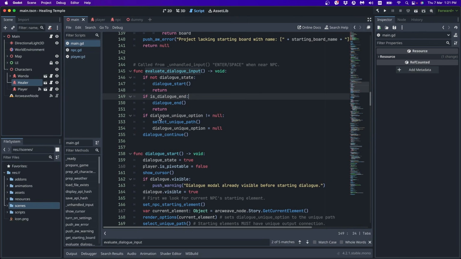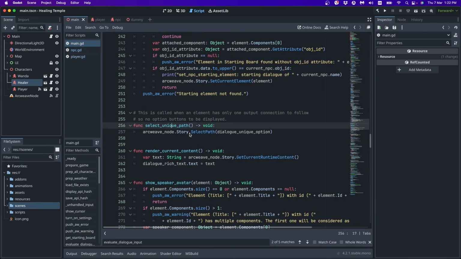And there's the other one. If the dialogue unique option is not null, so if our element only has one unique option, then we select unique path. We follow that option. And then we continue our dialogue. Notice there is no return after that because select unique path actually calls the select path method of the story class, which sets the current element as the target element, but does not actually render. So we do need to call